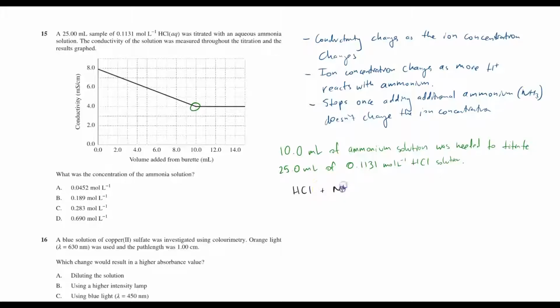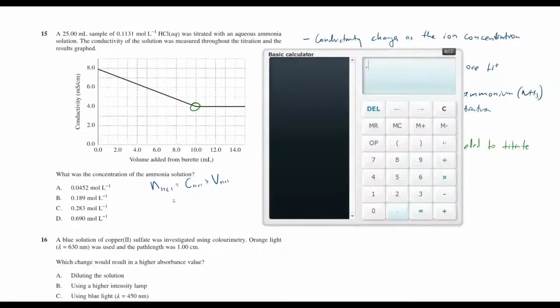Writing out the reaction, HCl will react with ammonia to form ammonium and chloride ions, all in a 1-to-1 ratio across the board. Therefore, we need equal numbers of each HCl and ammonia in order to completely react. We know from our formula sheet that n is equal to C times V, or concentration times volume, which we can calculate for HCl. Taking out our calculator, we can plug in the volume, 0.025 liters, and multiply it by the concentration, 0.1131, to obtain